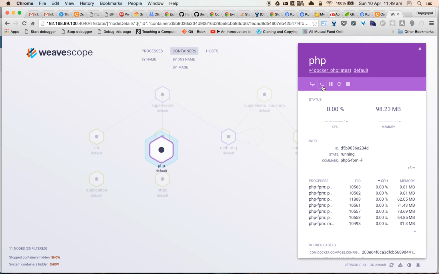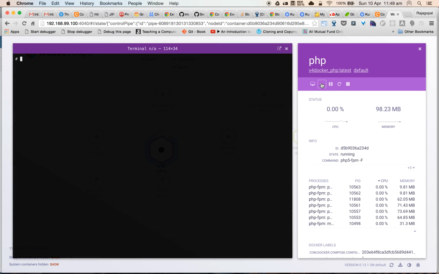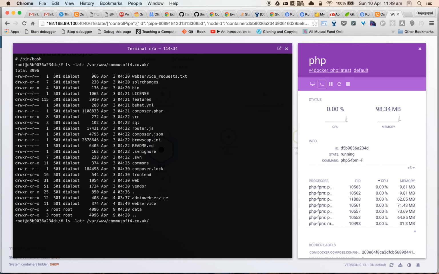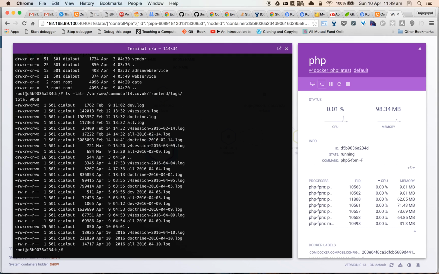And if I wanted to actually get into the node, I can get into the node and it gives me a view of how my application is composed. So get into Bash, and I can see my application source code, and this is where my logs are. So if I wanted to look at my logs, you could see that I did access